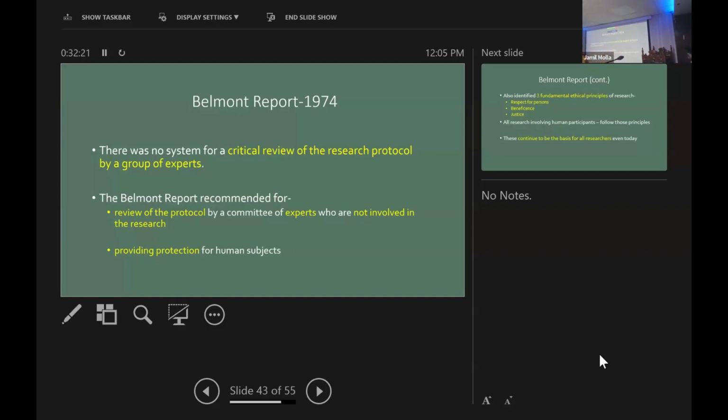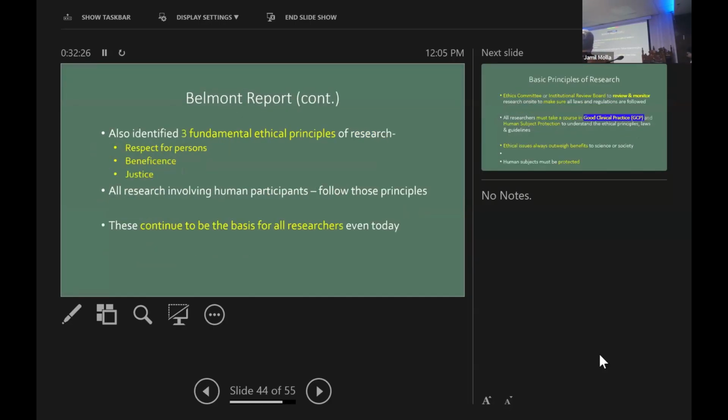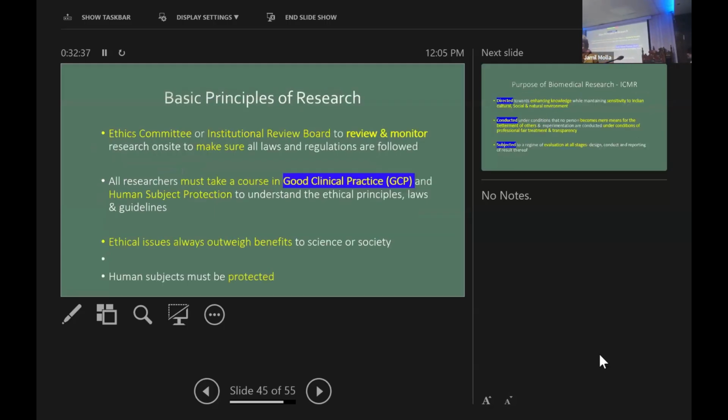So that is again a milestone development in the history of biomedical research. The Belmont Report also mentioned three fundamental ethical principles: respect for the person, beneficence, and justice. I will continue to discuss this later. So, basic principles. Ultimately, the expert committee is known as the ethical committee,